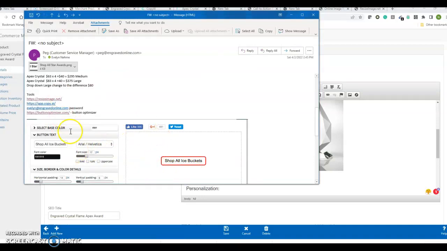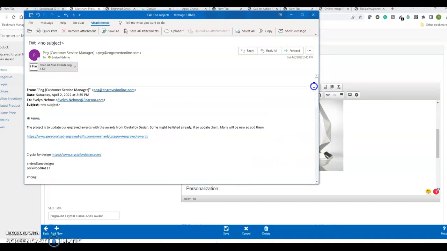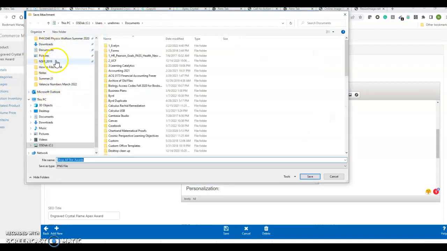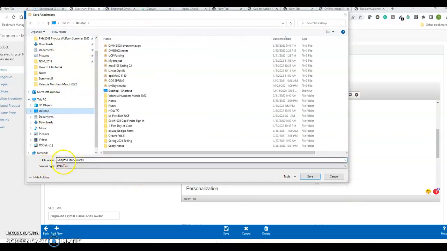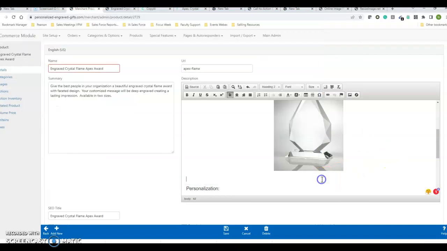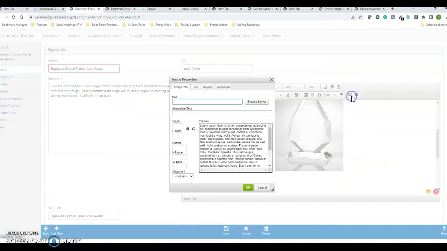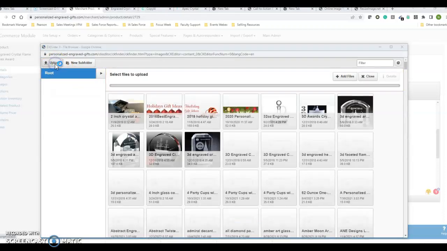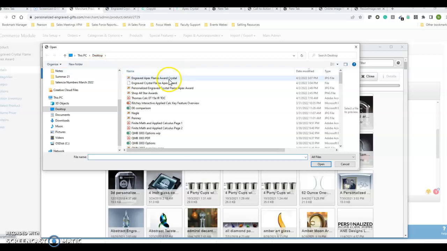I'm sending you this button optimizer too, so you can create your own buttons. This is one that I did on my other computer. So let me just save this to my computer. Desktop. Shop All Star Awards. Save. So I want to put the button on. Same thing, browser, sorry, upload, All-Star Awards, open,